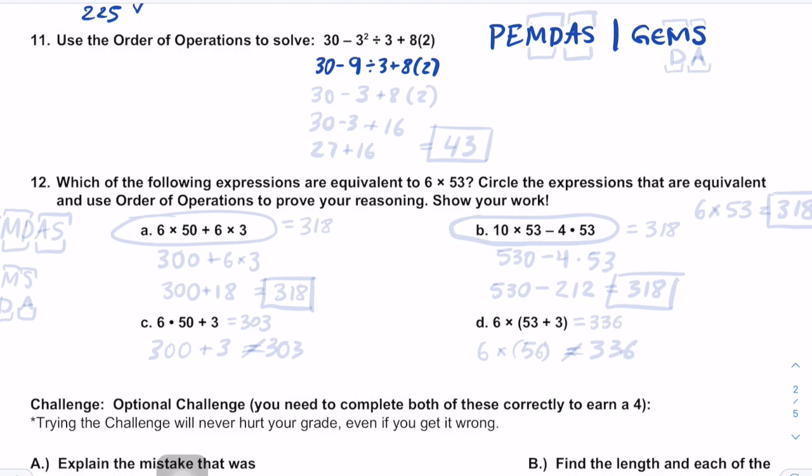Okay, now the next step is to still check to see if there's any exponents. I see that there are none left, so I can move over to the next letter, which is the M for multiplication. And in PEMDAS, we know that multiplication and division are in the same step, so we do look for both and we work from left to right. Same thing with GEMS. We know that this is multiplication and division. And secondly, these two are paired. Second would be addition and subtraction, which we know is subtraction and addition on GEMS. So these two are in the same step